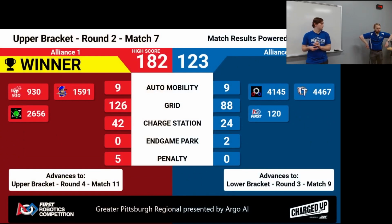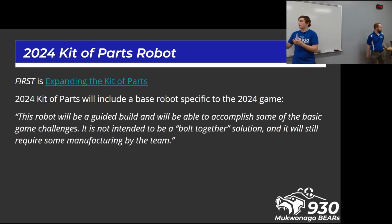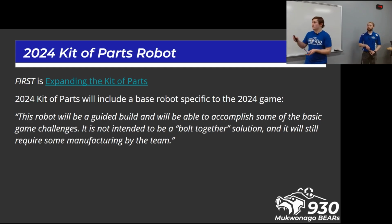Correct. Yeah, that kind of retract and then go all the way out there. Absolutely. And then really it's just the bottom part there that was with the swerve and then the ground intake on it. So along with Everybot, especially for the official, First is coming out with an official 2024